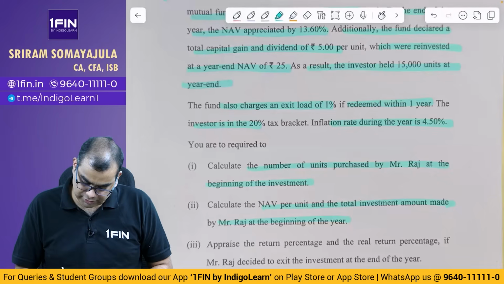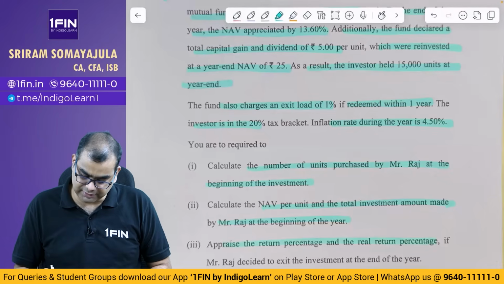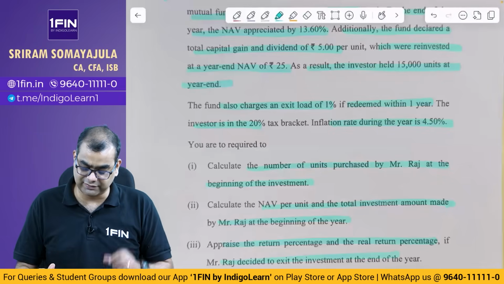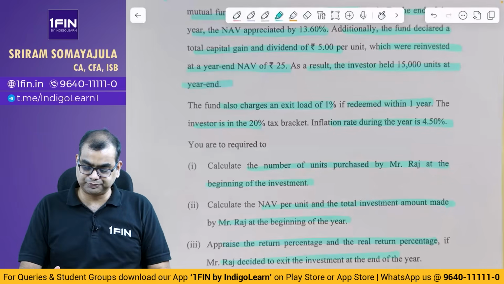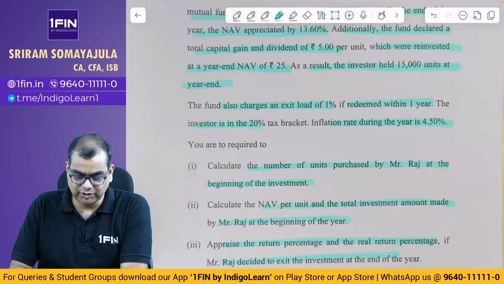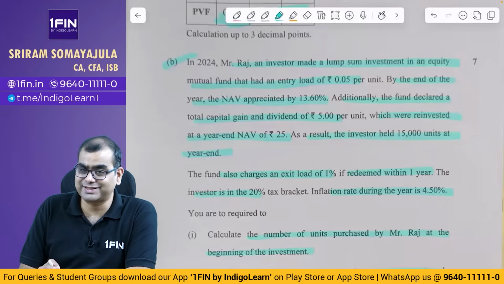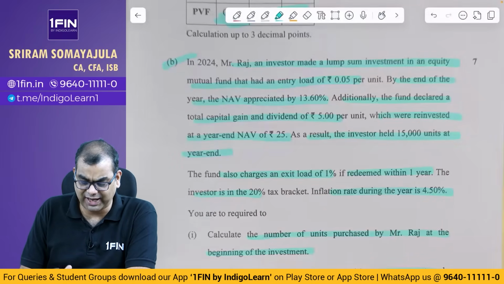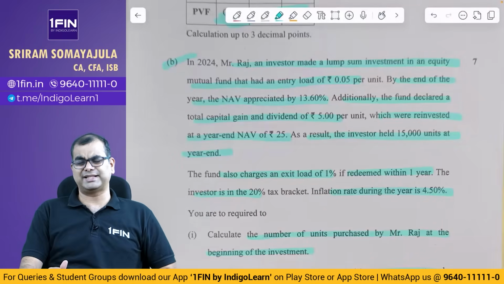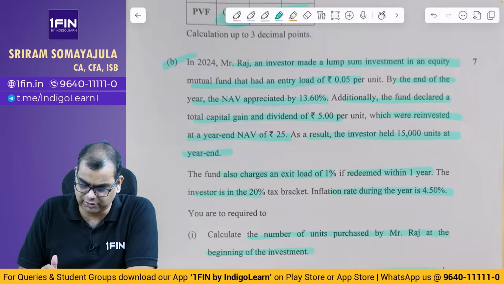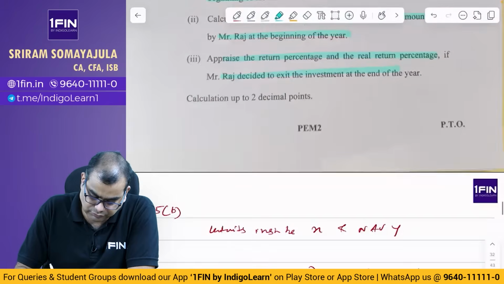Okay, calculate NAV per unit, investment made at the beginning. Appraise the return percentage, real return if we decide to exit the investment at the end of the year. So, this question, actually a good quality question, slightly twisted also. We have one question like this, similar, not exactly the same, but I think I've solved a very, very similar question. So, first of all,